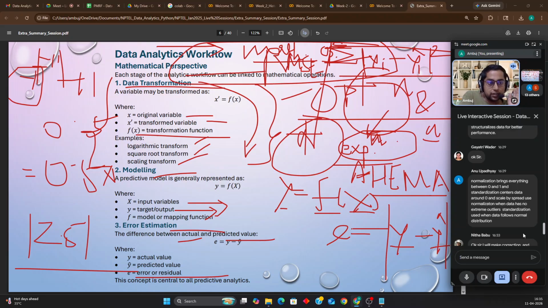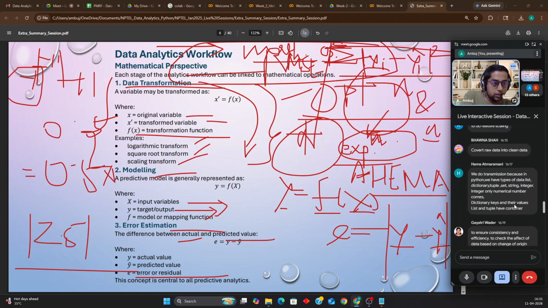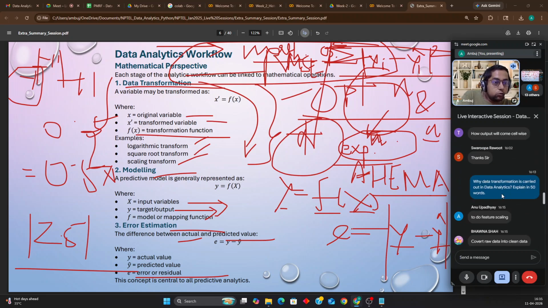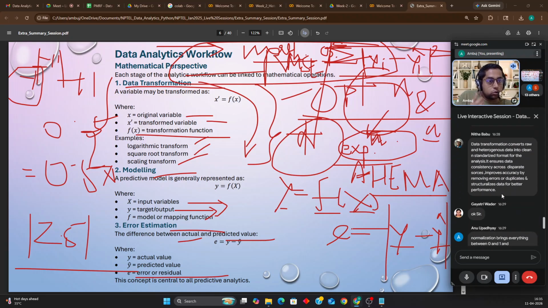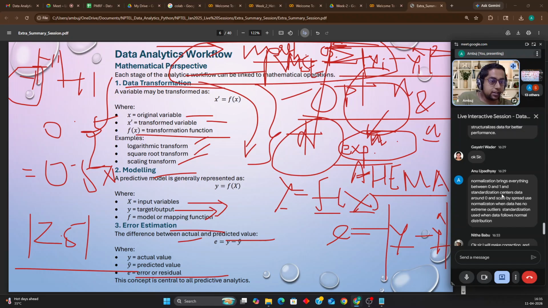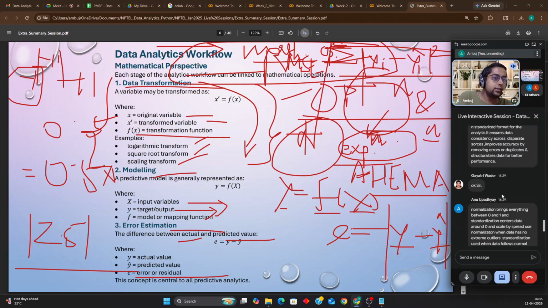Okay, because you know the content, that is why you have written normalization, standardization, each and everything. But the question was not regarding those. The question was regarding why do we perform the data transformation? So use those terminologies itself in your answer. That's why data transformation is carried out to do this thing. And whatever you write down, you will write it down in that format manner.